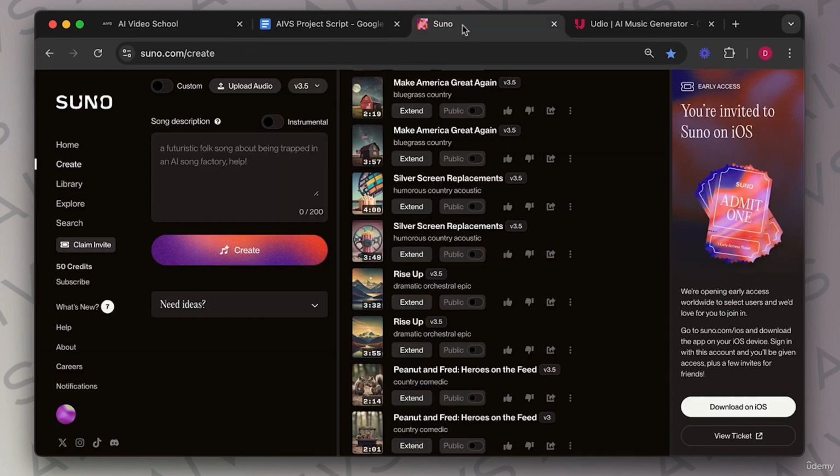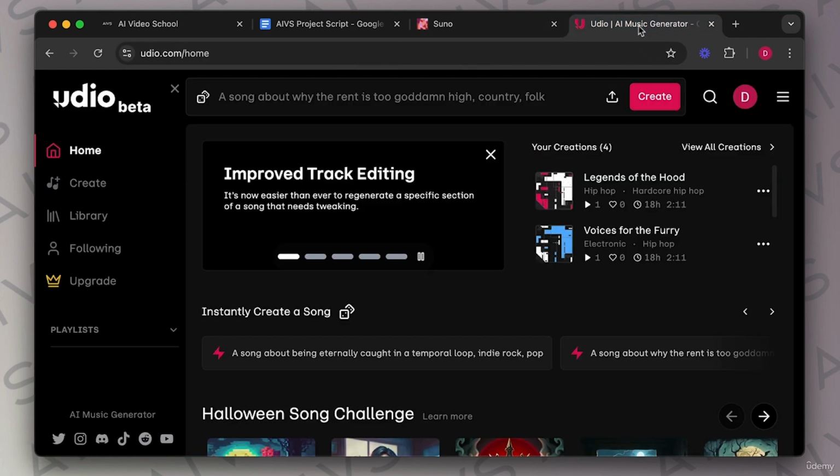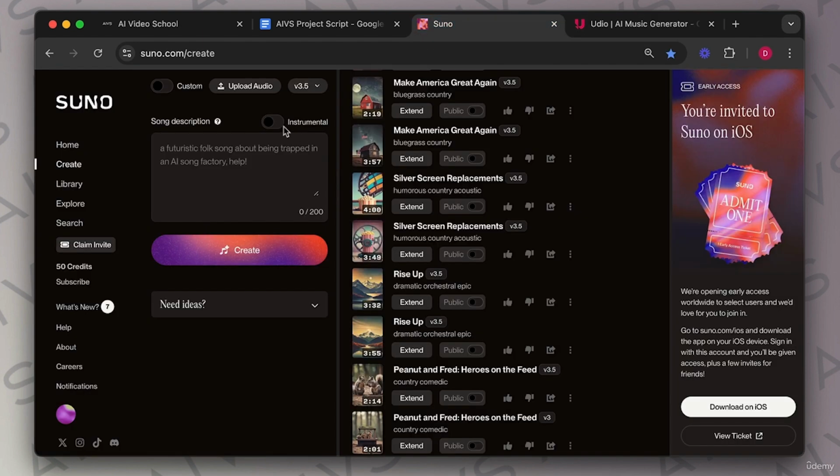So first off, I'm going to use Suno and Udio side by side because I've got 50 free credits. That is 10 song generations in Suno, and then Udio I've also got some free generations. I'm not actually signed up for any of these two. I've never needed that much music, so maybe the same for you guys. So I'm going to create instrumental music. Remember, we click this, and for scores, I want more than enough music. This whole video is only going to be 2-3 minutes long, but I want 5 minimum songs